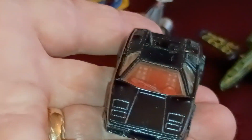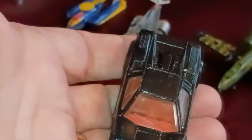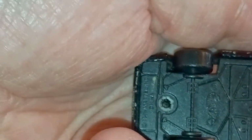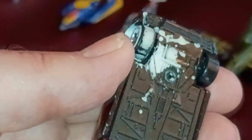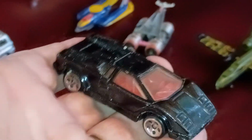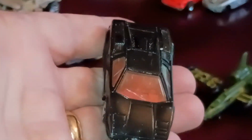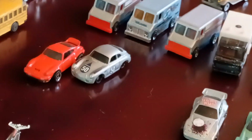And then, once again, Ferrari, I believe. I'm not really sure, but I grabbed this one because I thought it was a Ferrari. You can tell me in the comments if I'm right or if I'm wrong, but I know it's seen hard days, and I just wanted to redo that one and kind of bring it back to where it would look good. Now, a couple of the last ones here